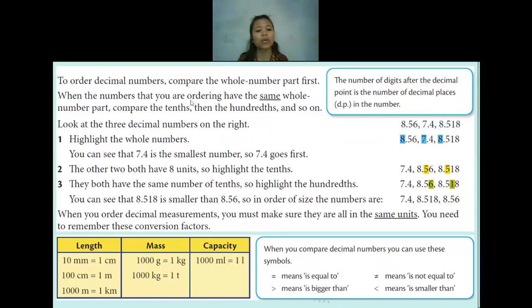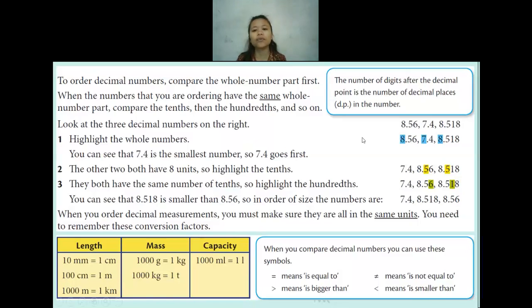If later we have decimal numbers, but they are given in different measurements or different units, like maybe 1 kg, 100 grams, and then after that maybe 1 ton, you have to make all of the units the same, so later you can compare which one is bigger and which one is smaller. Because if the measurements are not equal, you cannot differentiate which one is bigger or smaller. So this is some symbol. Later you will have this symbol meaning equals to.